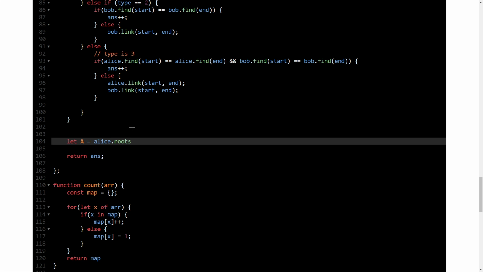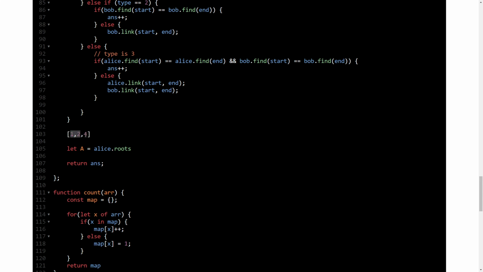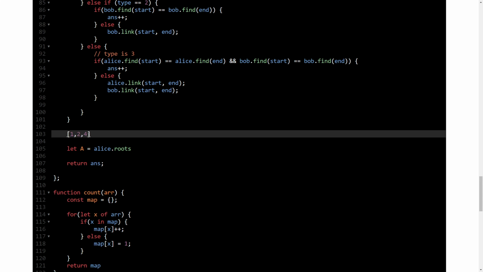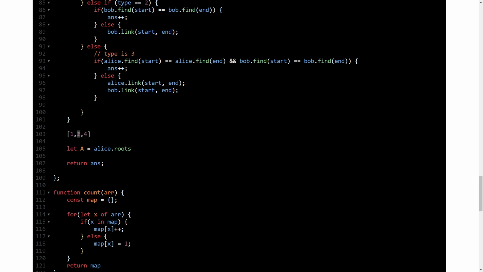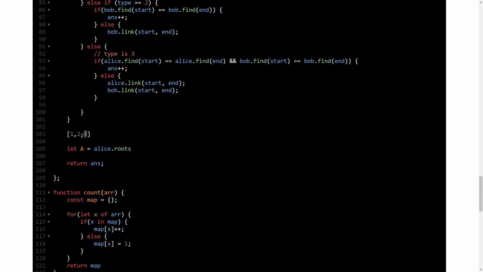So basically, suppose 1, 2, 4 are in a component. How union find works is, when you connect 1 and 2, I can say that the component number of 2 is 1, so the root of 2 is 1. And when I connect 4 and 2, there are two ways. One is to see what the parent of 2 is and connect 4 to that, so 2 and 4 both have the same parent. The second is I just say that the parent of 4 is 2, so while looking later, I can find the main parent.